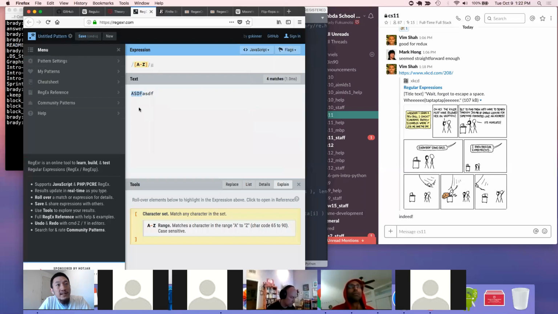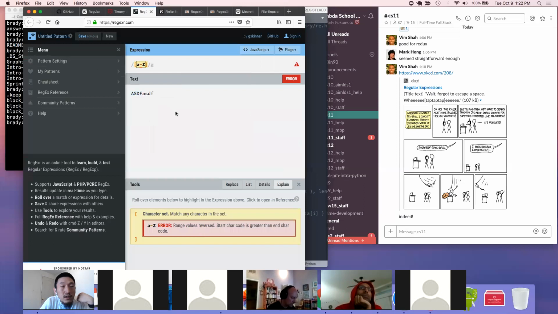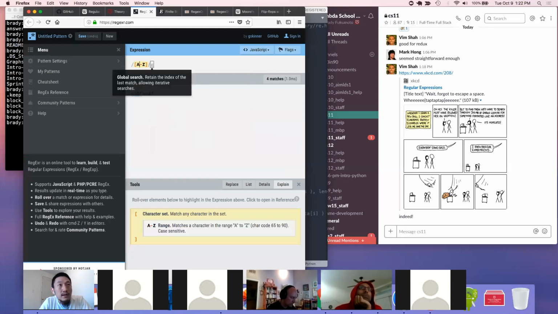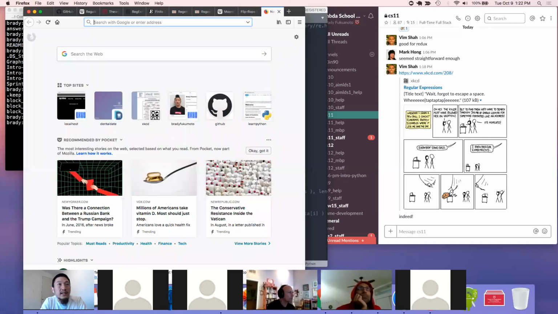But see, if we don't have case insensitive on, it will only do this ASDF. But I think if we do lowercase a, value ranges reverse, start code. Okay, I did it wrong. A through Z. There we go. So this is looking in ASCII order. So if you look at ASCII tables,